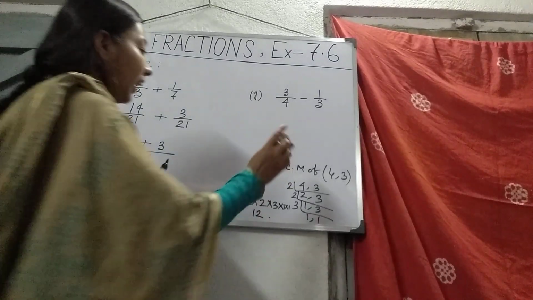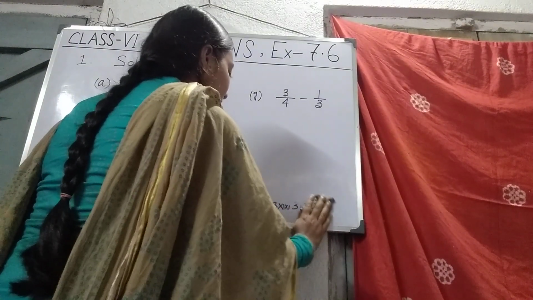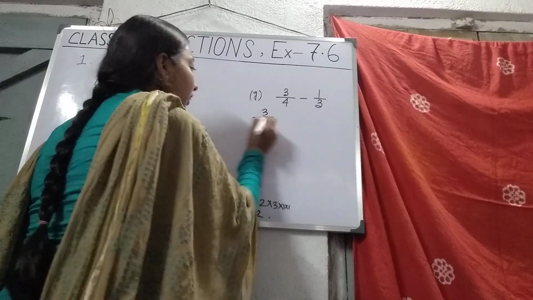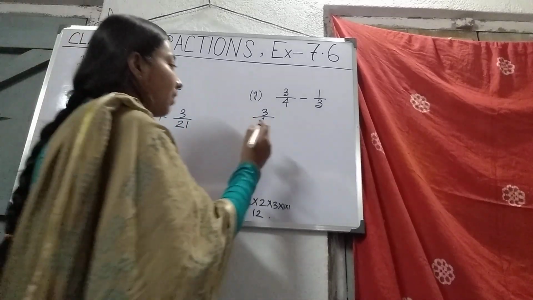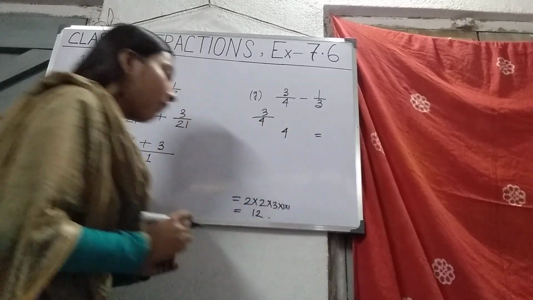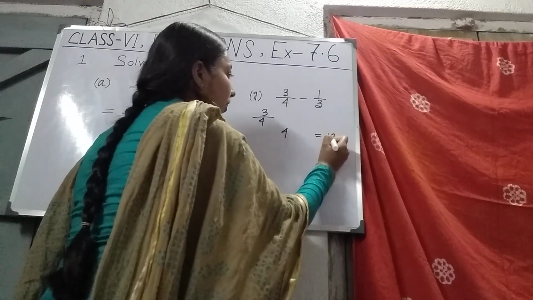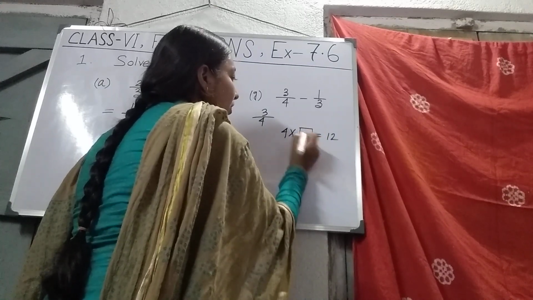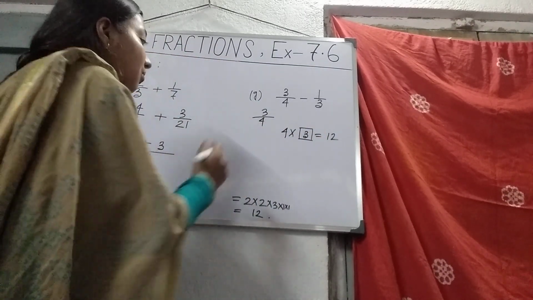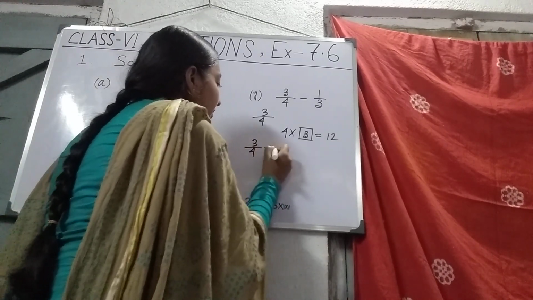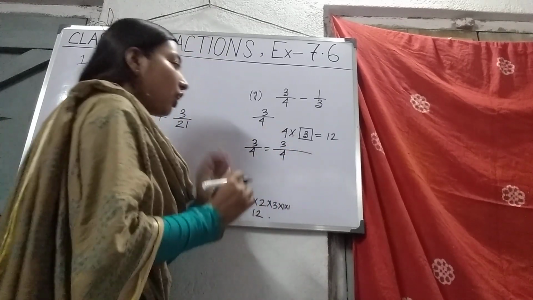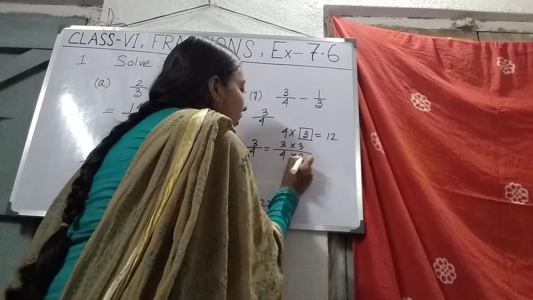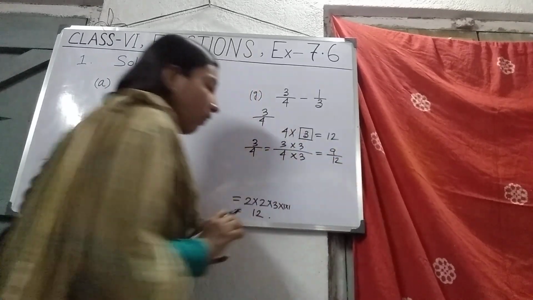So at first we have to make both the denominators same. For this we have to take the first fraction. Here it is 3 upon 4 and in denominator it is 4, make both the denominator same. That means 12. So which number should we have to take so as to get 12? 4 3 is 12. So 3. So 3 upon 4 can also be written as, we can multiply both numerator and denominator by the same number. So we have to take 3 here. So 9 upon 12. Okay.